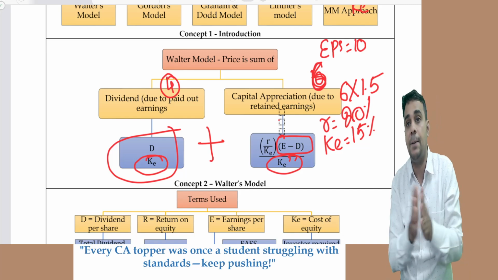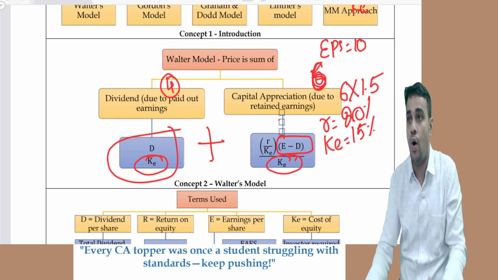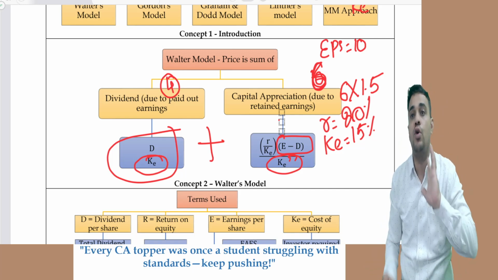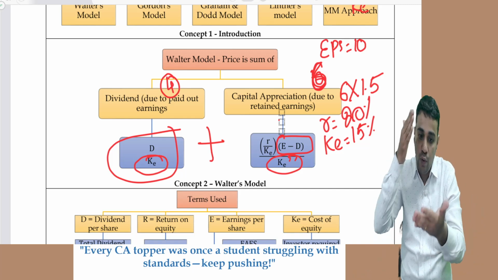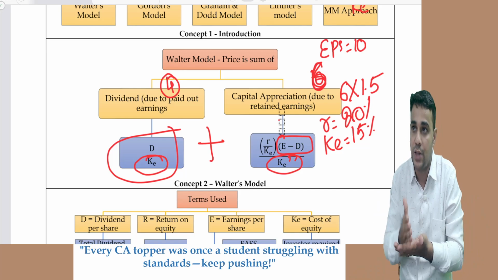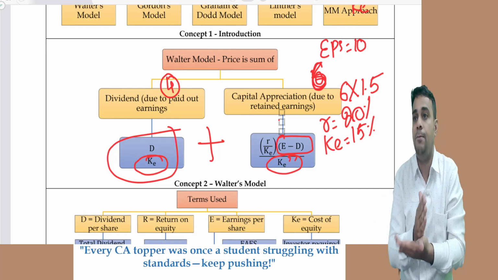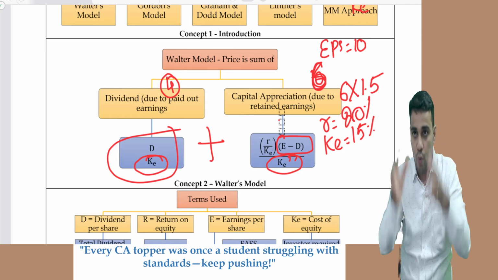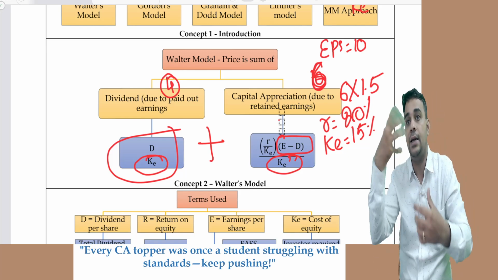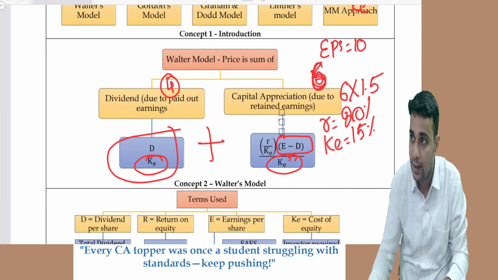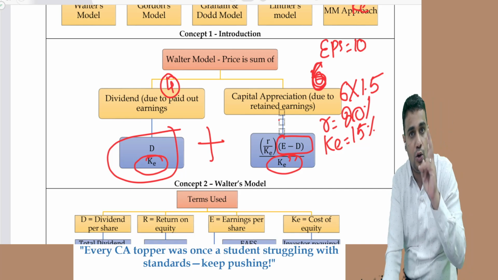Now, why is this a multiplier? If the company is earning more than what the shareholder wants, you will have a multiplier of more than one time, because I am doing more than what the shareholder is wanting. Shareholder is wanting only 10%. I am saying I'll give 15%. If I can earn more, whatever I retain will have a multiplier of more than one and will ultimately get a higher value. So what the concept, the Walter model, basically said is the sum of two parts.